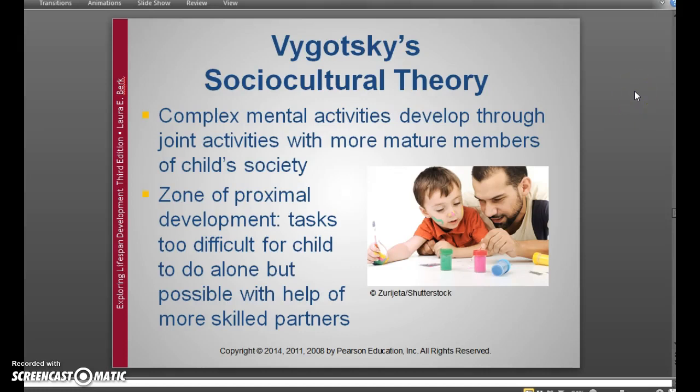Okay, and now we are on to part 3. Vygotsky's sociocultural theory. Vygotsky,